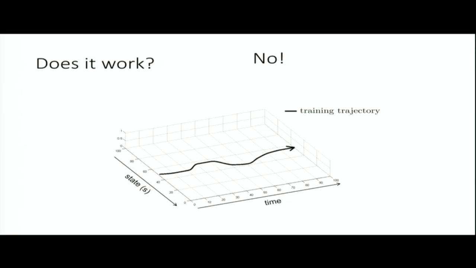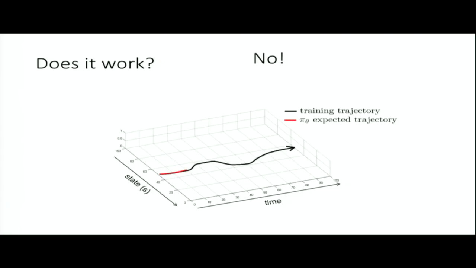One of the fundamental theoretical reasons why you might have trouble with this kind of approach, even if you have enough training data, we can explain as follows. Let's say that you have a training trajectory, or maybe a bunch of training trajectories. So here, when I show you plots like this, I have one axis that denotes time, and another axis that denotes a one-dimensional state. So just pretend that the entire state has been projected onto that one line. So you can think of this as a path through time.